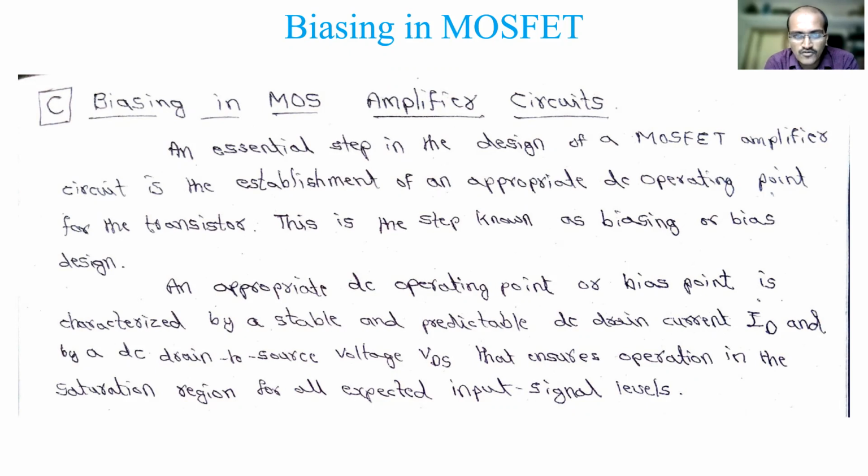In the case of MOSFET, you have seen there is a channel formation and we apply a VDS and the drain current flows. That is the stage we call the operating point, where you get an ID current. So in the case of MOS, establishing the drain current is our first goal in biasing. The second thing is that we should make this ID stable.